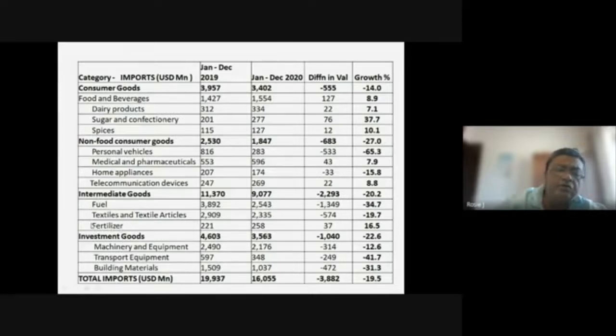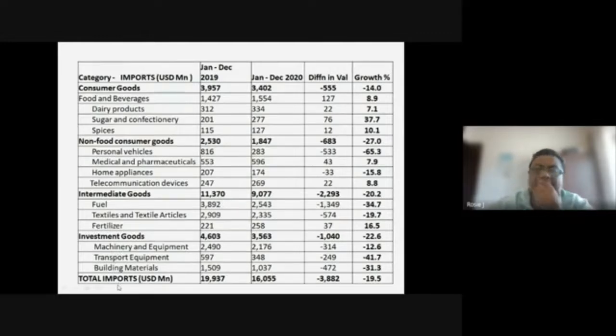These are goods that are used to make something out of them. Fuel you use for your consumption, for your industry, to run your vehicles. So these are intermediate goods that are used for some other purpose. Textiles are taken for stitching garments, fertilizer for plantation, so intermediate goods, right? Investment goods, when you want to bring in capital, you want to do construction and all, these are